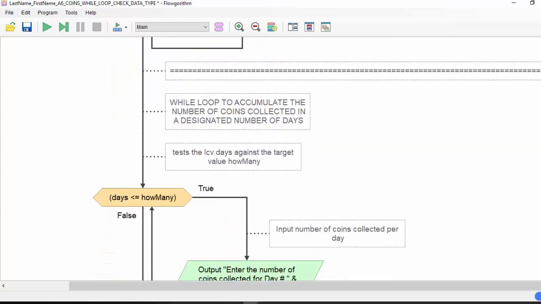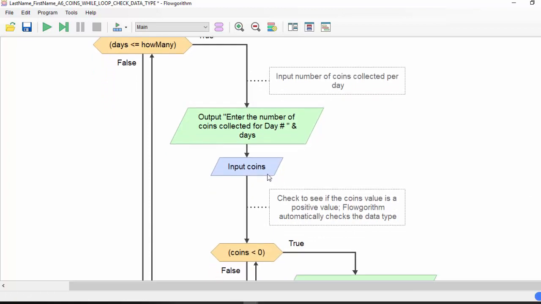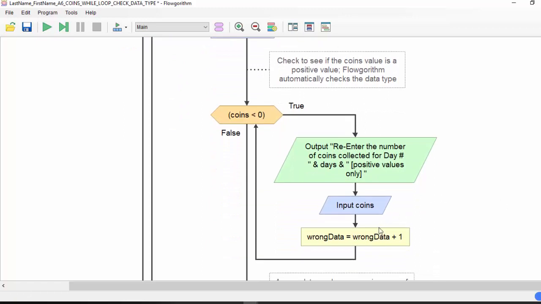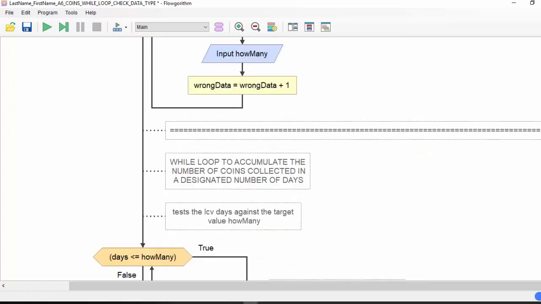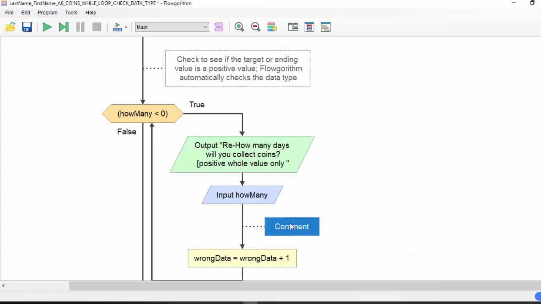Also, when you go into the loop for the coins, you want the number of coins collected to be a positive value. We're going to also check to see if coins is less than 0. If it is, re-enter it. And we're going to update that loop control variable that keeps track of how many times an iteration takes place. So these actually are the same with the exception that the condition is different, because how many is what we're checking here. And I will go ahead and add the statement